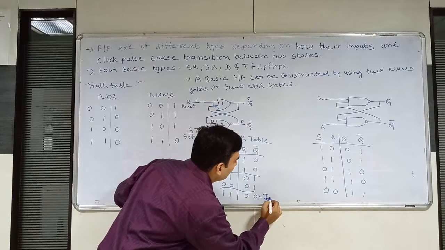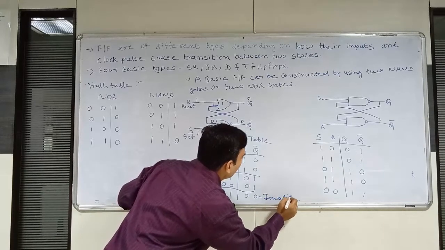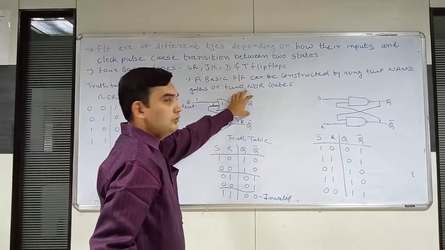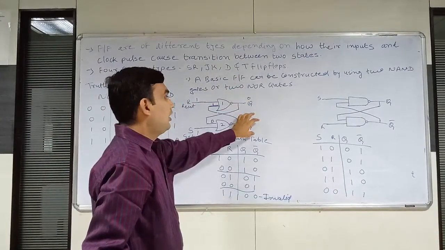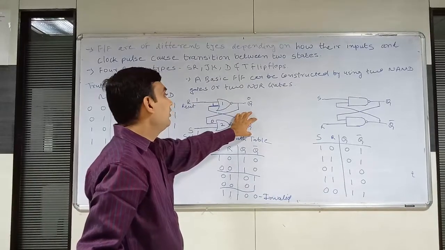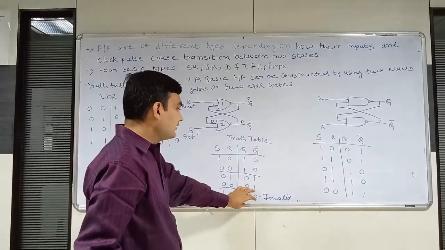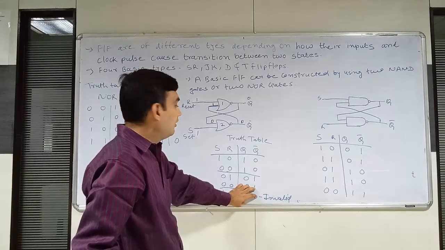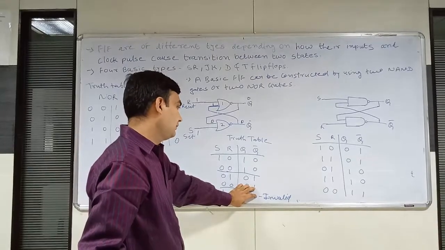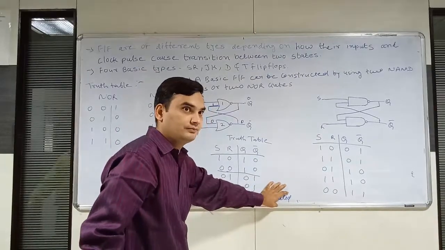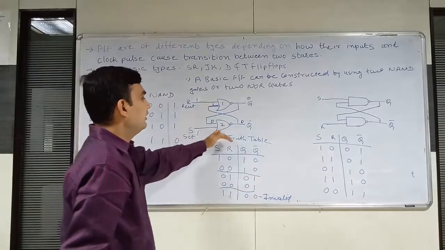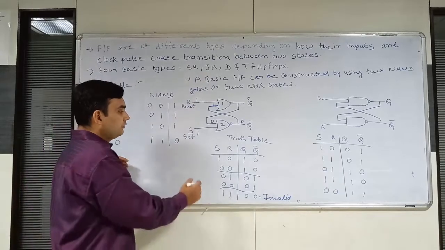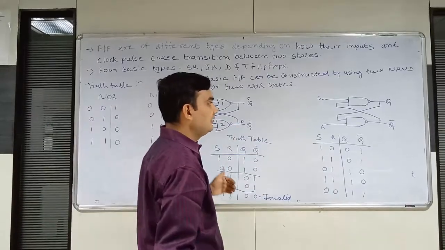This is invalid. Why? Because in the output of flip-flop, one output Q is a normal value and another output Q bar is a complement or inverted value. Here in this case, we got both values are same, 0 and 0. There is no inverted or complement value of the next one. So this is invalid condition. To remove this, we have also developed a remedy to remove this invalid condition. That will be understood in the next lecture.